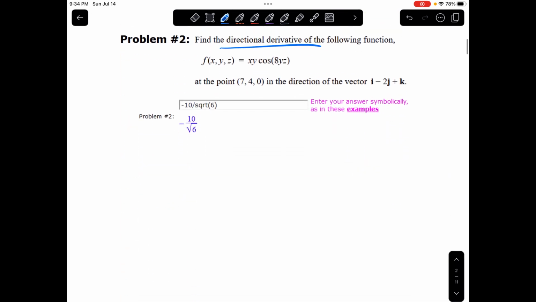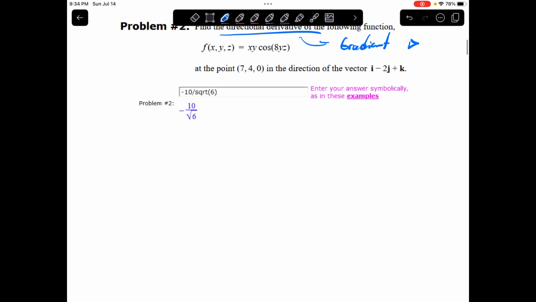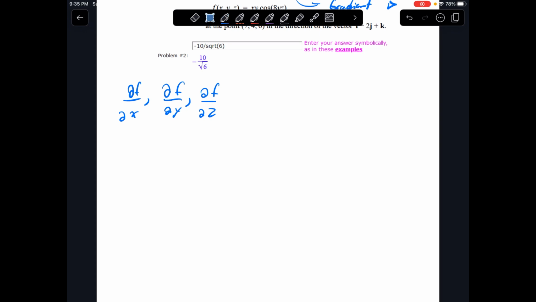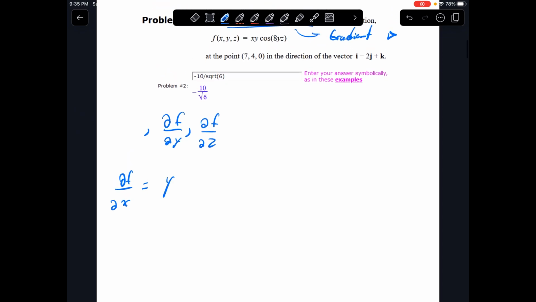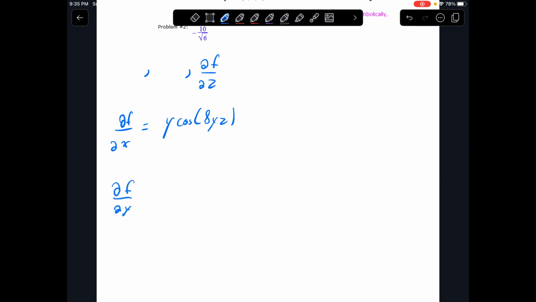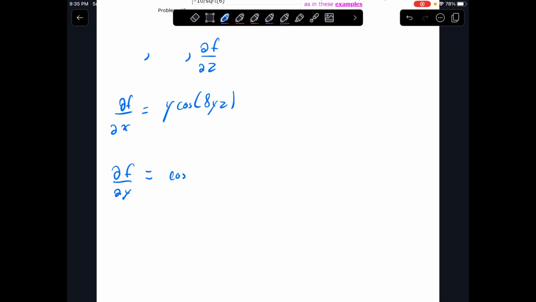Okay, directional derivative equals gradient, which we represent with this. Okay, so what we're going to do for this question is we're going to take all of the different gradients, so the partial derivative of f with respect to x, with respect to y, and the partial derivative of f with respect to z. Now the first one we can do will equal, so the derivative of x, which is the first one, so y cos 8yz. Now this one will equal, just to make my life easier, it's going to be cos 8